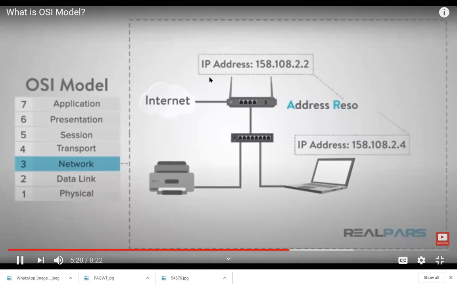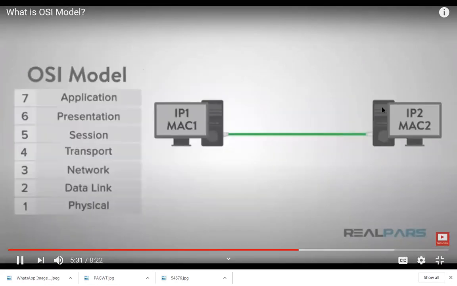Remember, in the network layer, with the help of the IP addresses, we will transfer all the data here. ARP stands for Address Resolution Protocol. It tries to find out whether it is the MAC address, or the physical address, or the logical address. Everyone knows about the MAC address.